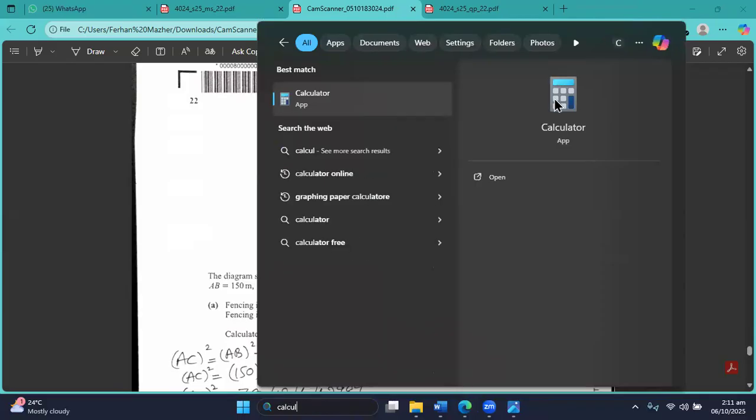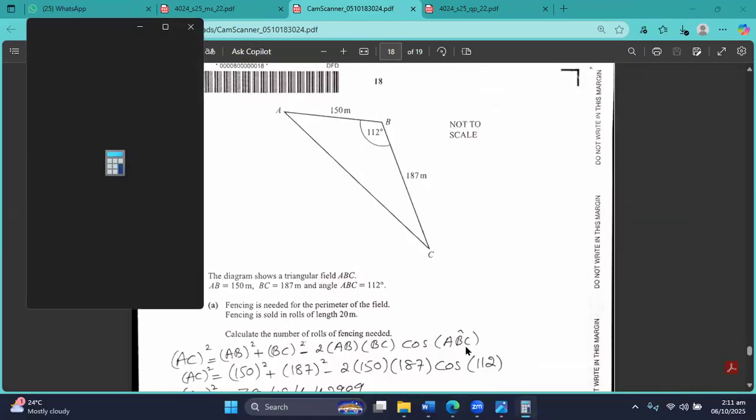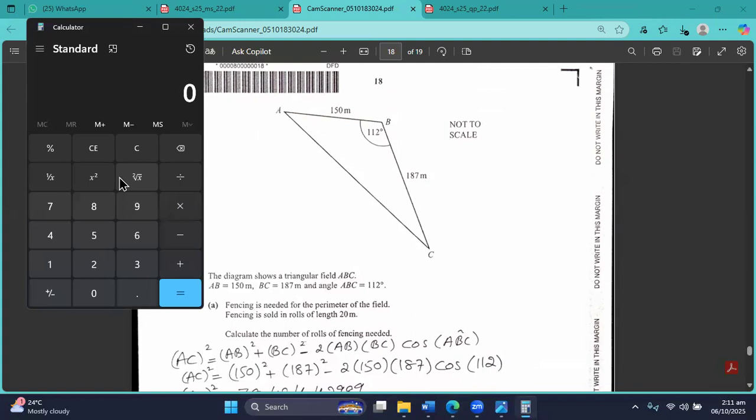Okay, so here we go. So it is 150 plus 180 plus 187